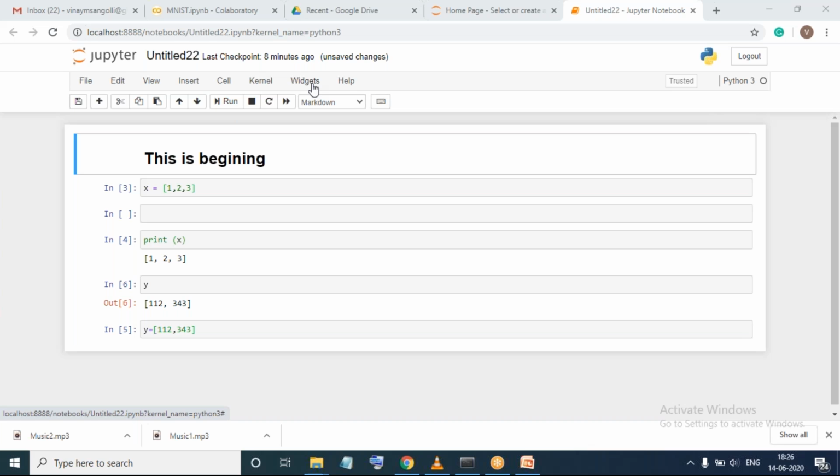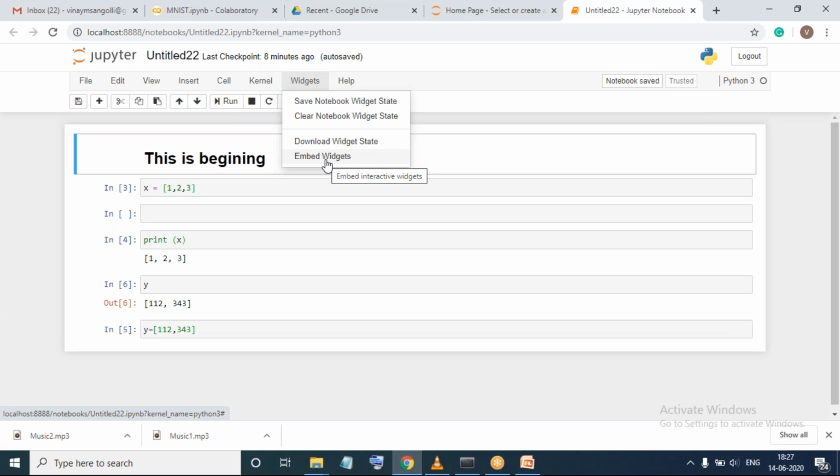Next comes your widgets. So widgets is very important. It would be very helpful when you go on coding. Say, for example, you want to put a linear bar. If you want to put a linear bar, then you can use this widget. It acts like a small gadget. Some examples of your widgets are, it could be a line space, or it could be a numeric value, it could be a boolean, or it could be some animation. So when you click on this widgets, it will give you various options. It will also give you an option to download the widgets as well as embed the widgets.